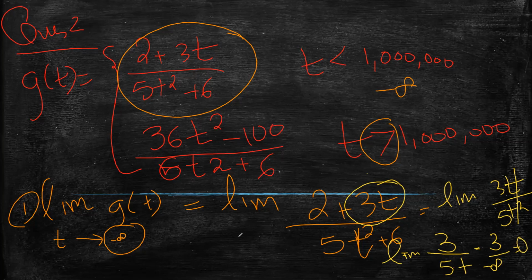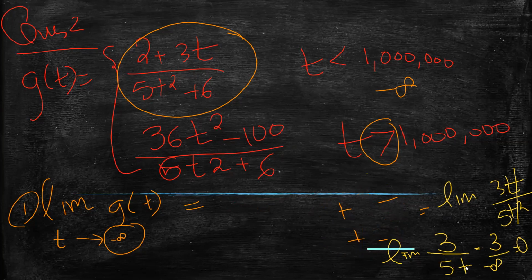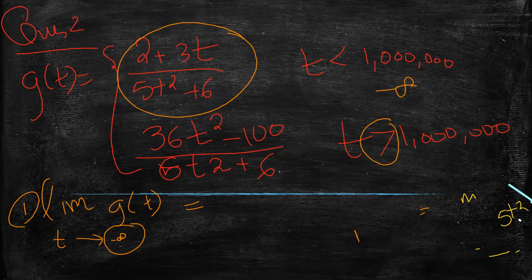Now, I want you to find the limit, but when t approaches positive infinity now. So it will be 36t squared. Let's choose